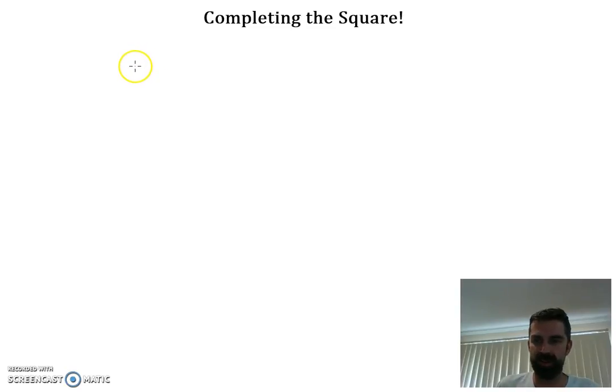Okay, hello and welcome to another video about quadratics. What we're going to be looking at today is completing the square, which is a technique for getting quadratics into vertex form. So if you remember from when we were graphing quadratics, if they looked like this,